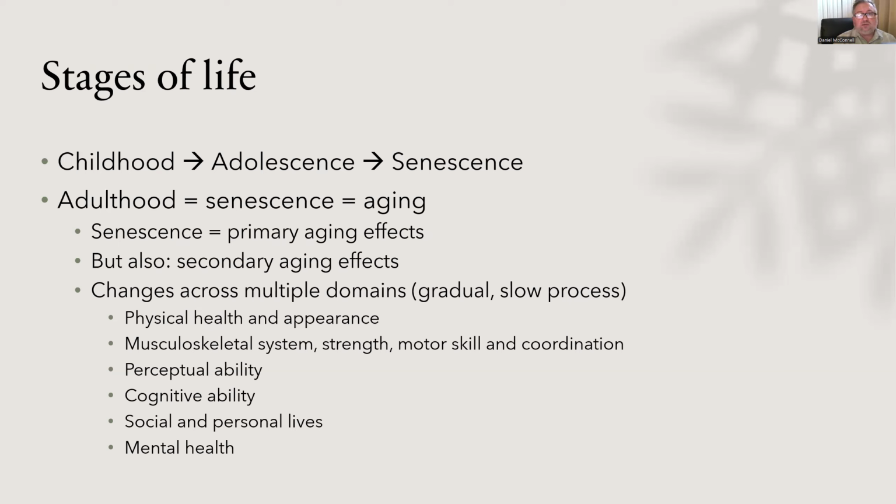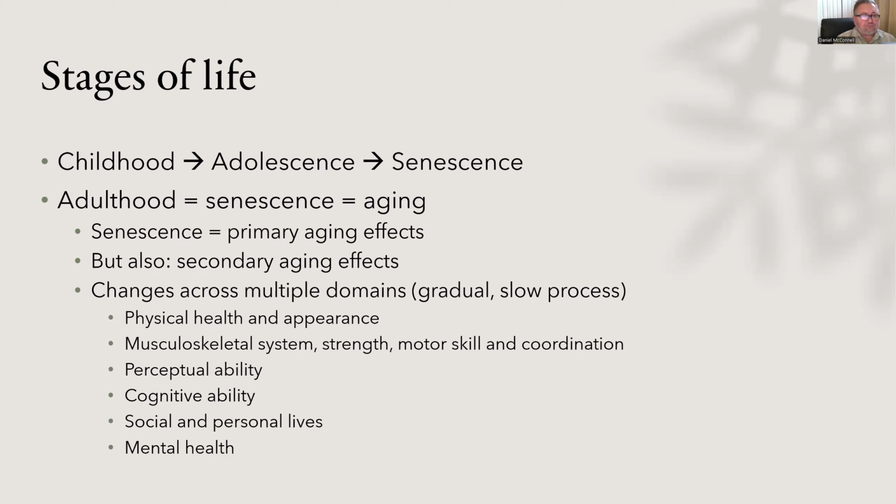So we see these age-related changes happening, and by that we mean changes that accompany age, right? As we get older, there are things happening to our bodies and to our brains and our cognitive abilities and so on and so forth. If it is referred to as a primary aging effect, what we're talking about here are things that are in fact caused by age. Our bodies age, the cells of our bodies age, our brains age, and that's going to cause changes, right? So those are called primary aging effects because whatever's happening is in fact caused by age in and of itself.